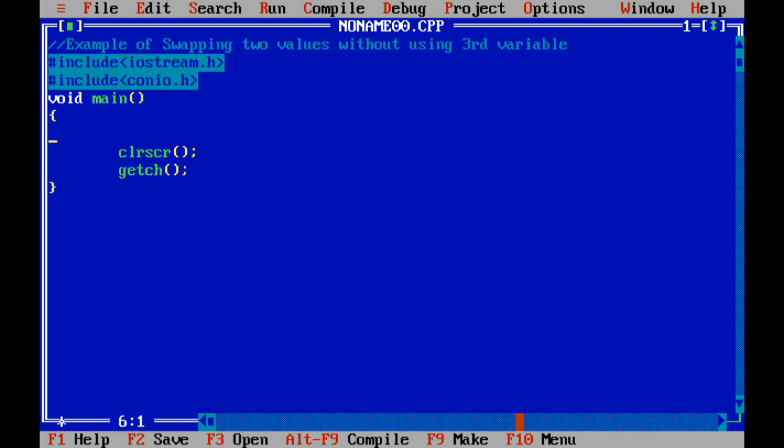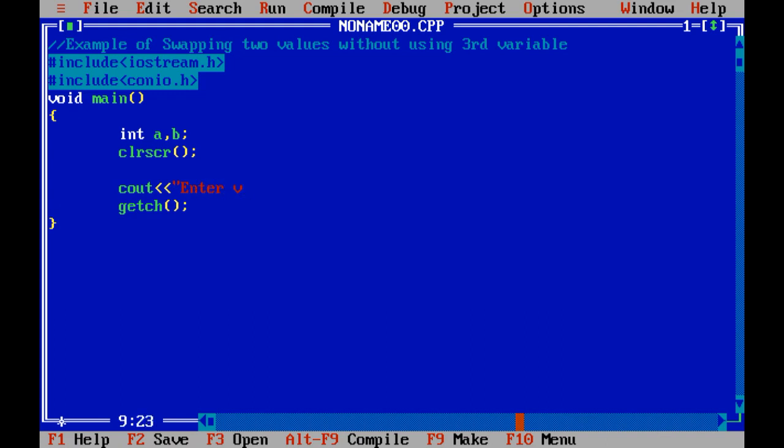Now it's time to take a data type, that is integer, and here only two variables we need to define, that is A and B, and both are our input variables as well as the ones we are going to use for printing. So let us input values of these variables using the cout statement.